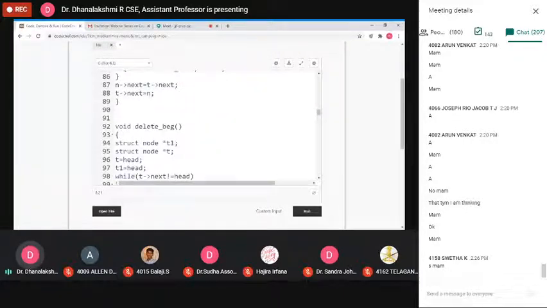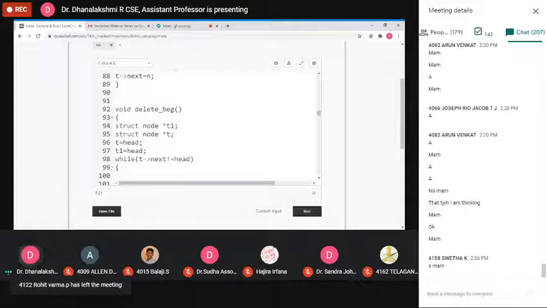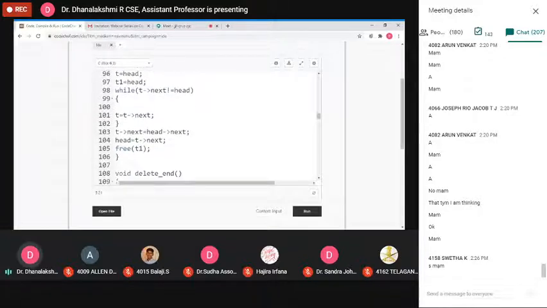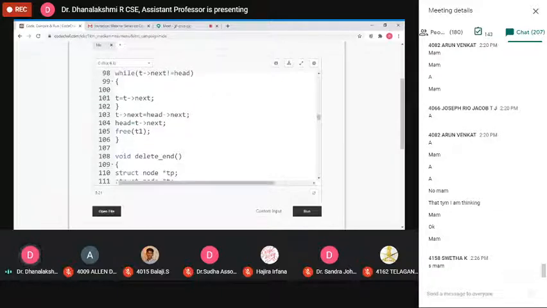Now, this is the routine for delete at the beginning. In the slide we directly used t equal to head. I told you, whenever you are implementing the routine in code, you must declare the local pointer variables before using them. In this routine, I am using the local pointer variables t and t1, so I declare them as struct node type. Got it? The declaration part is missing in the slide. Now check if it is head. Otherwise, you can remove that particular node at the beginning.